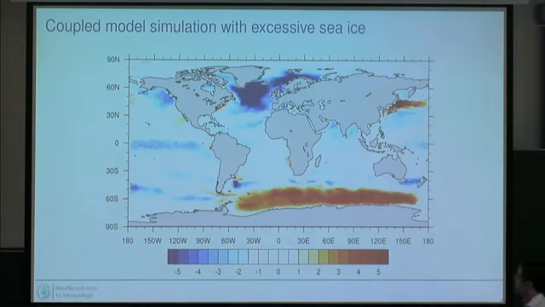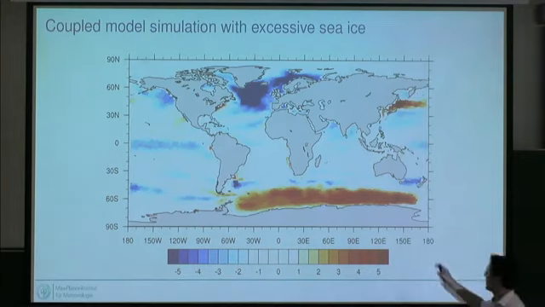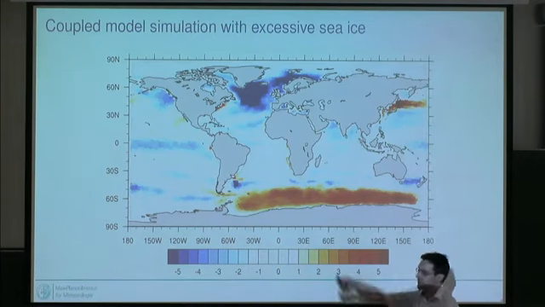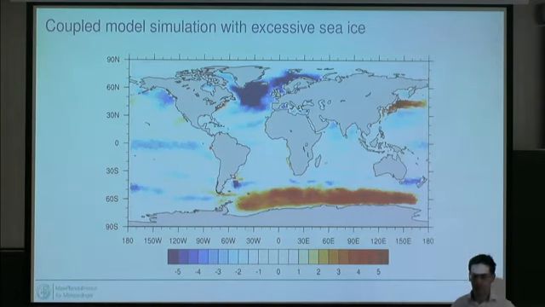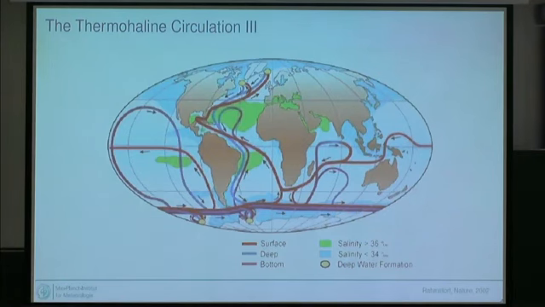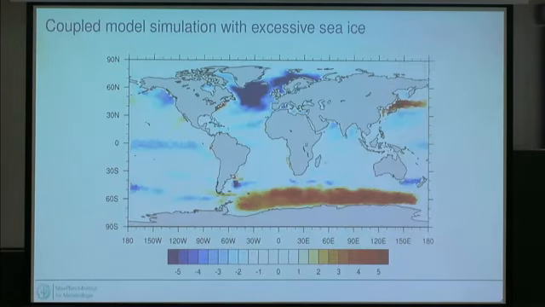We haven't really looked into much detail as to what happens there, but I would assume that we have much stronger convection there because we grow more sea ice in those regions, so we bring up more warm water from the depth, giving rise to those biases here in the annual mean, but I haven't really looked at what happens there. So if we have too much sea ice, really the entire climate state becomes way off, and we can't do that. And so one of the things we really try to avoid when we tune our model looking at sea ice is not having sea ice in regions where there shouldn't be any, in those deep water formation areas.